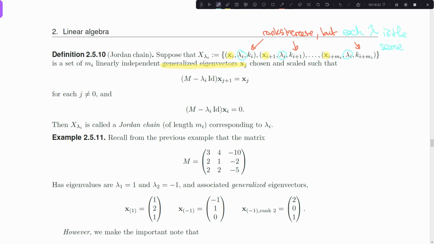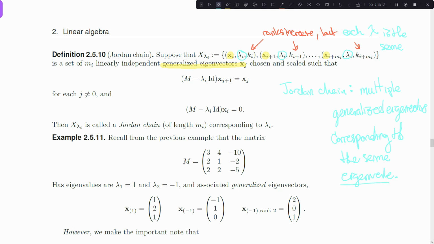Okay, so a Jordan chain says multiple generalized eigenvectors corresponding to the same eigenvalue. Okay, so however many we can find for any associated eigenvalue, we're going to push them together